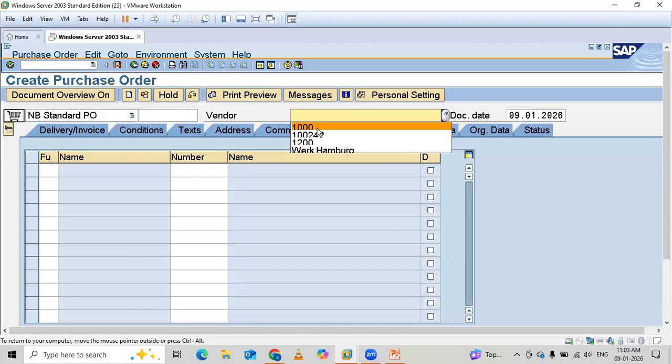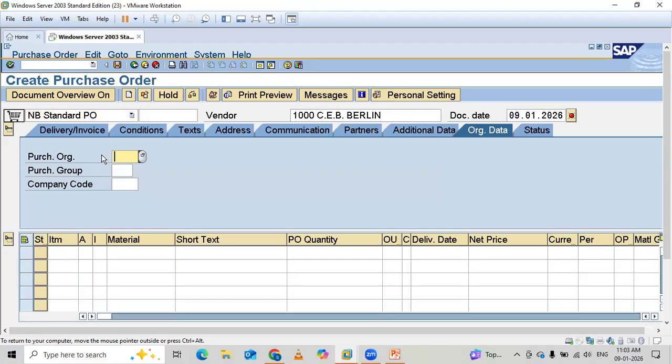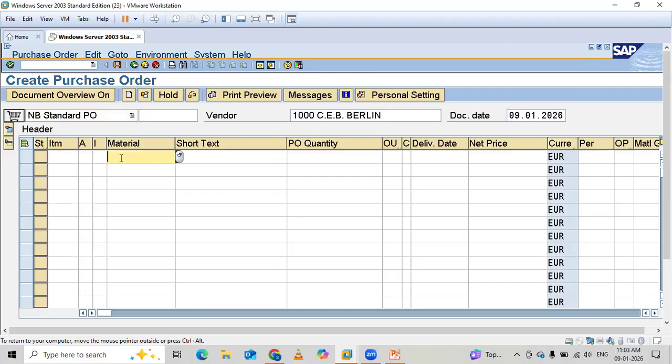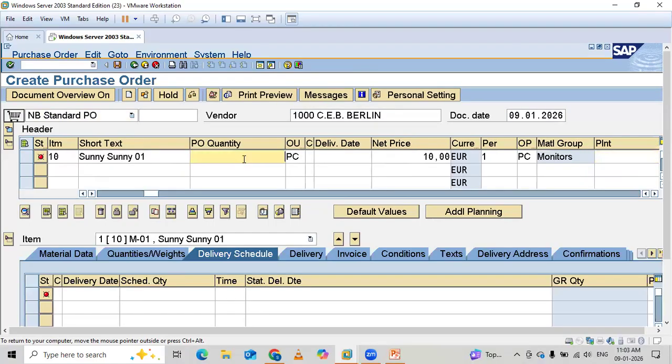Enter the vendor details. Enter your purchase organization. Just come here. Here you can mention the material. Just hit enter. Then quantity 50. Without a PR, sometimes we will be creating the PO. Hit it here.